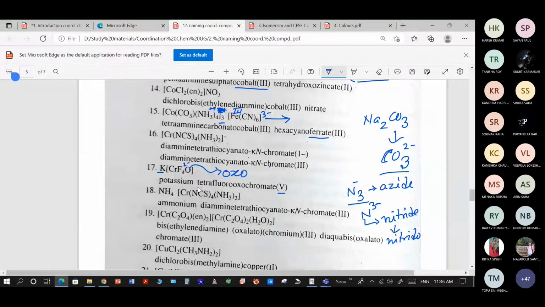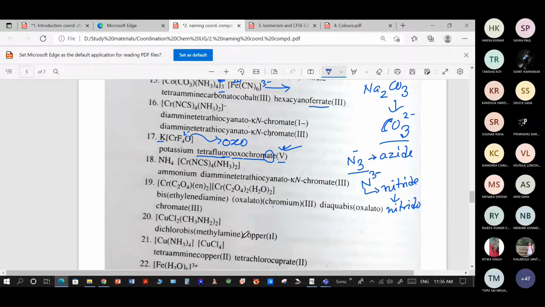So this will be tetrafluoro, up to this, and then oxo, and then chromium. So chromate, because ultimately it is negatively charged, because potassium is there, so the complex entity has a negative charge. It will be chromate, ATE will be added, and after that the oxidation state of the metal center. So you have to remember these few things in order to name